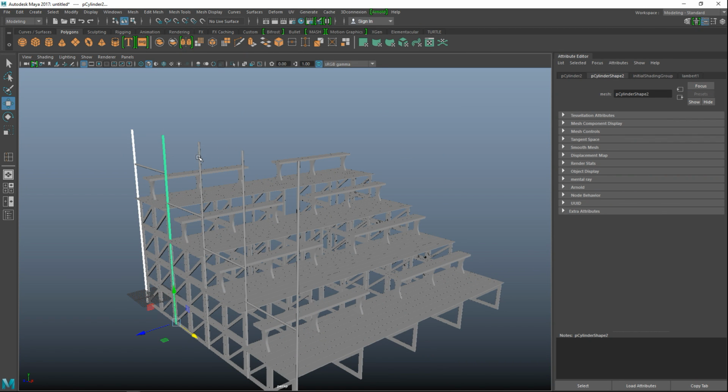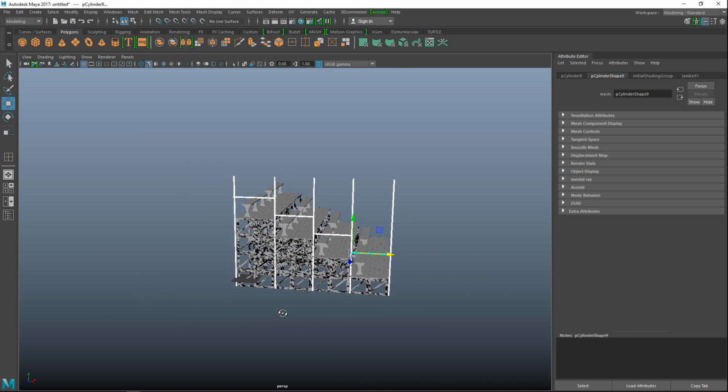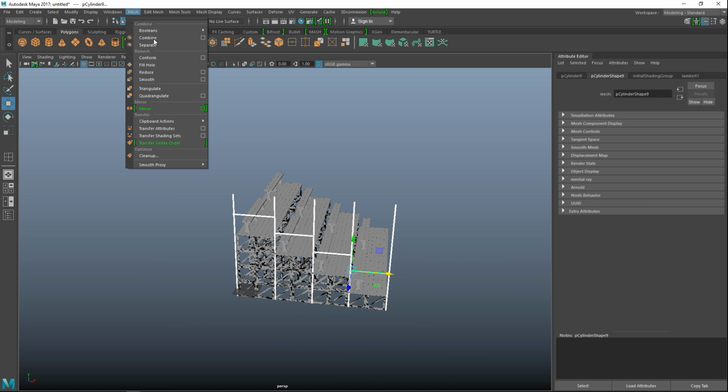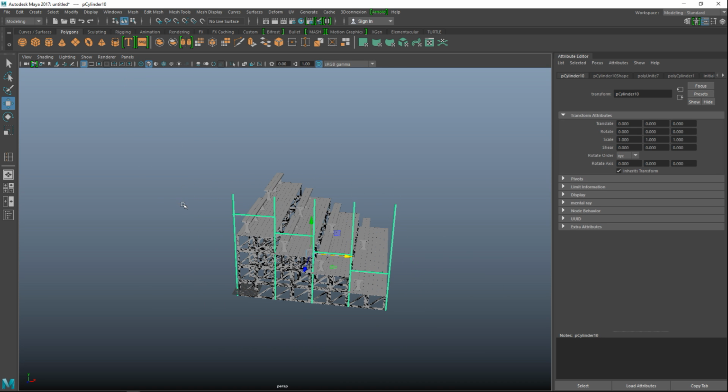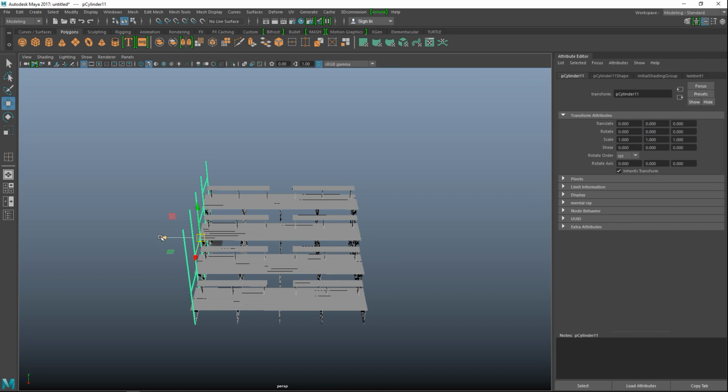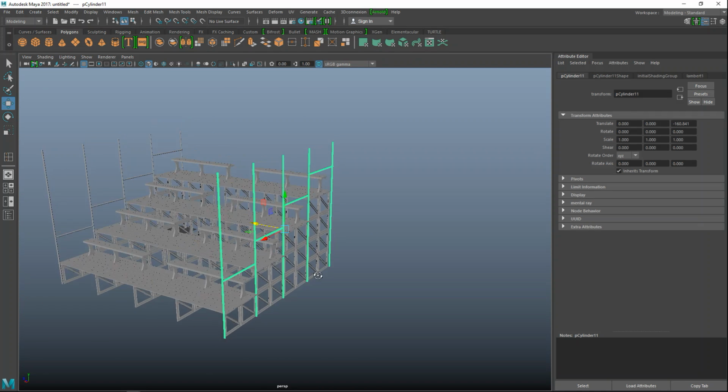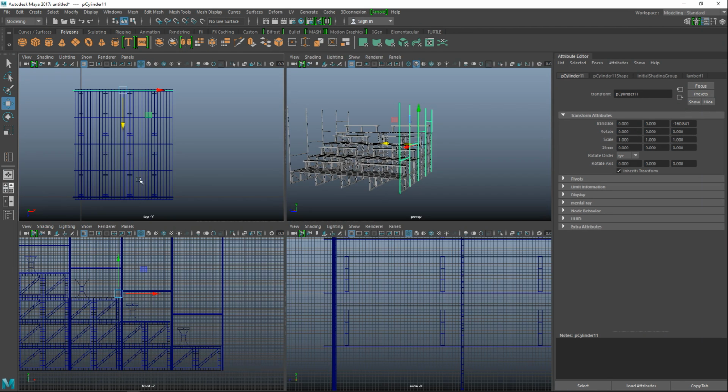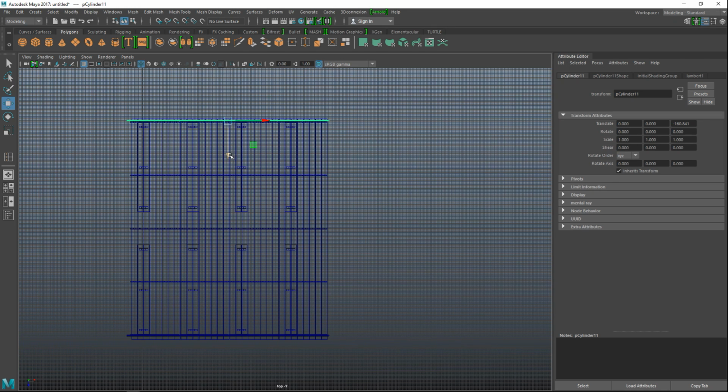we're gonna select them. Okay. We're going to go to mesh and combine. We're going to hit Control D to duplicate, W to move over. I have to zoom in. Let's look at the position here.